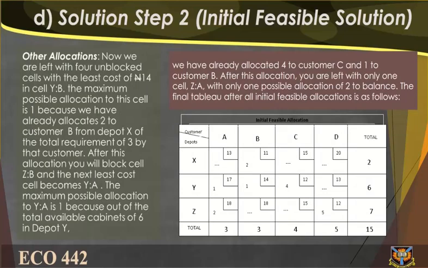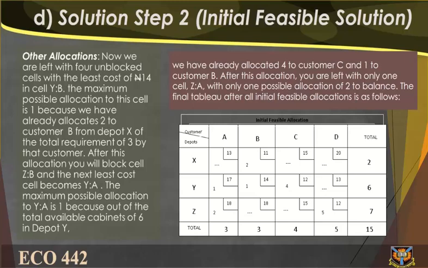Other allocations. Now we are left with 4 unblocked cells with the least cost of 14 naira in cell Y ratio B. The maximum possible allocation to this cell is 1, because we have already allocated 2 to customer B from depot X of the total requirements of 3 by that customer. After this allocation, you will block cell Z ratio B and the next least cost cell becomes Y ratio